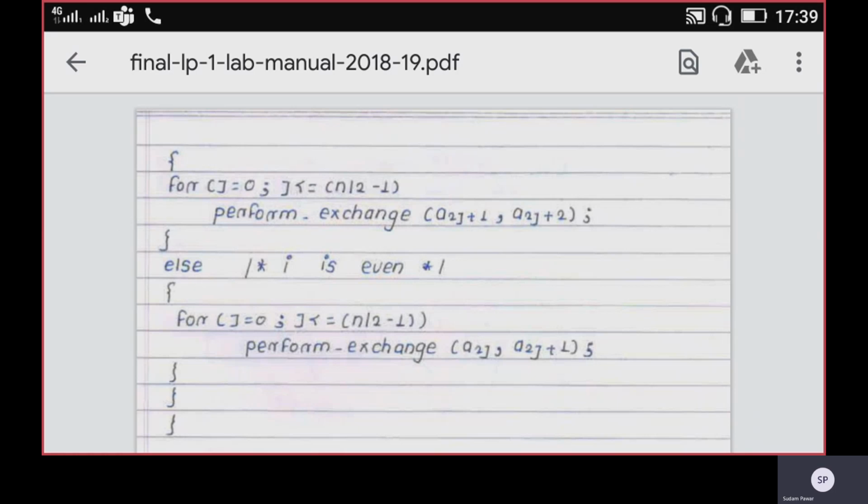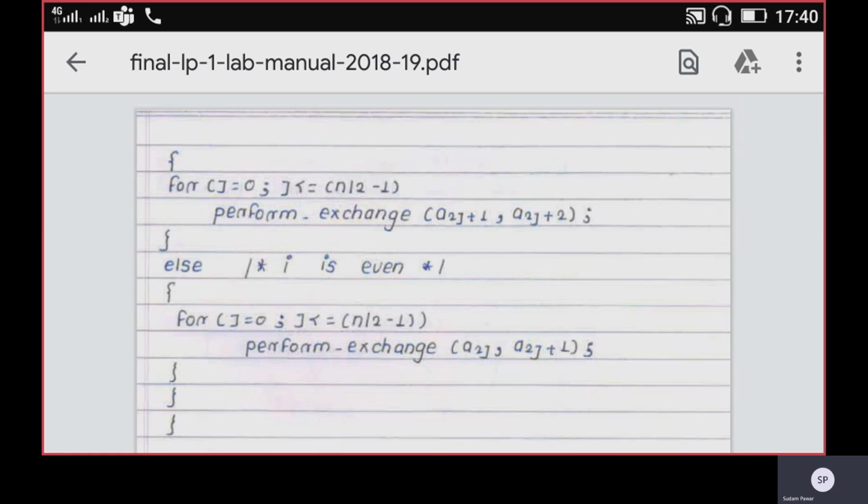If you see there, in the else part, for j equal to 0, j less than or equal to n by 2 minus 1, perform exchange a of 2j comma a of 2j plus 1. That is, the even element is compared with the next odd element. There will be different pairs of even-odd elements in the second for loop.